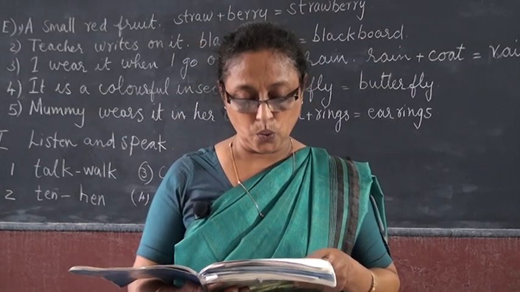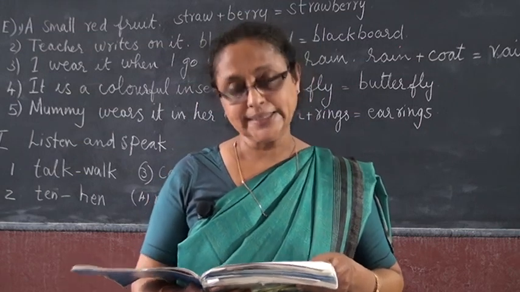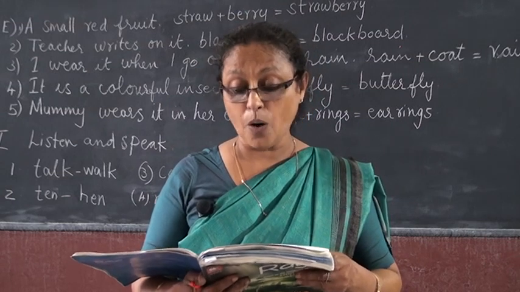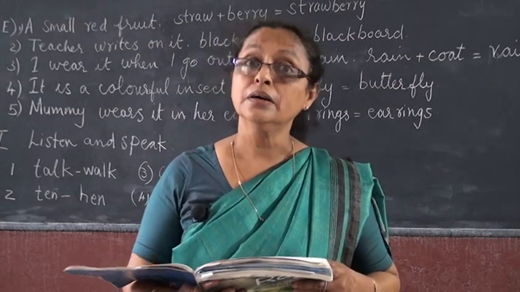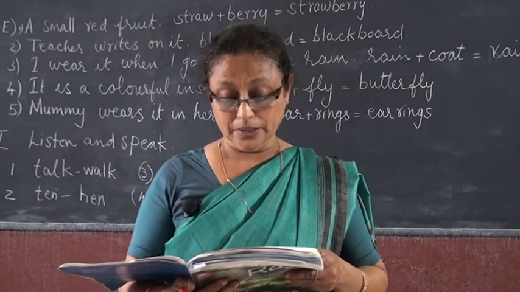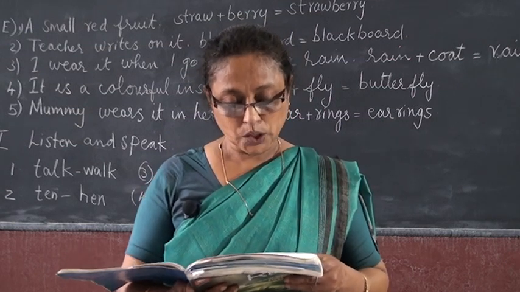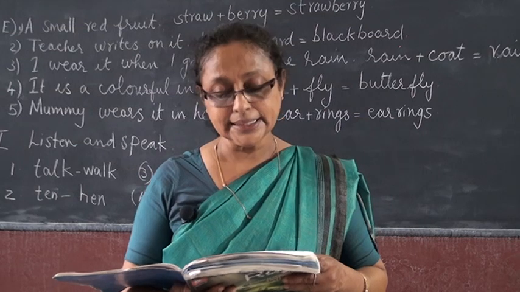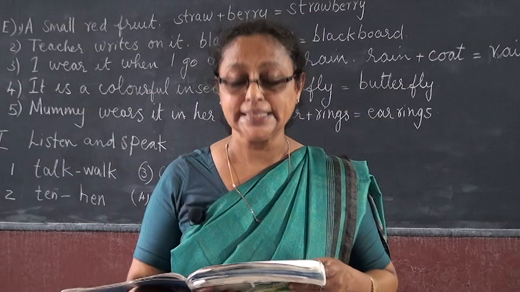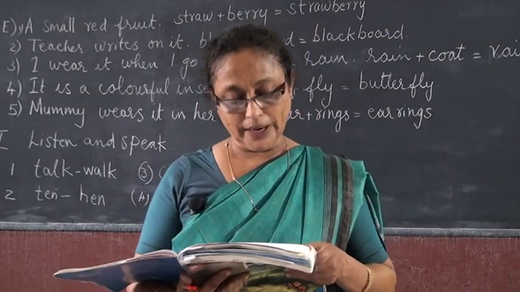What is it? The king ruled wisely. That is already given to you. Next, mummy wakes up dash in the morning. Mummy wakes up early in the morning. That is the second one. Third one: Payal stroked her pet cat dash. Payal stroked her pet cat gently. Next, fourth one.